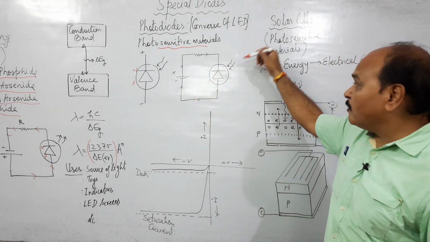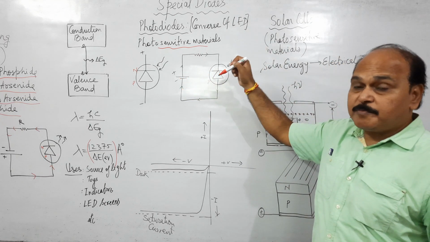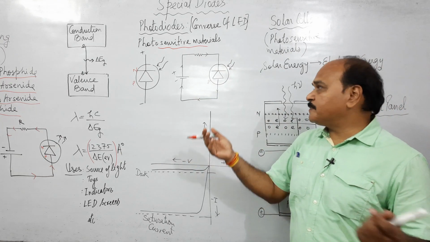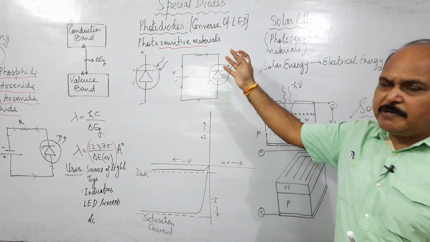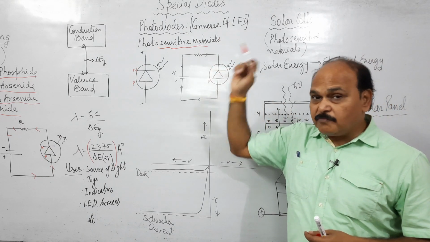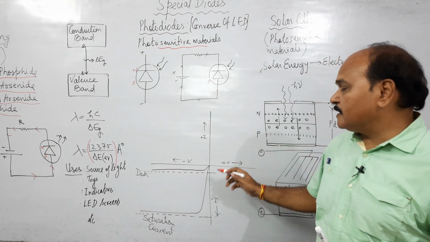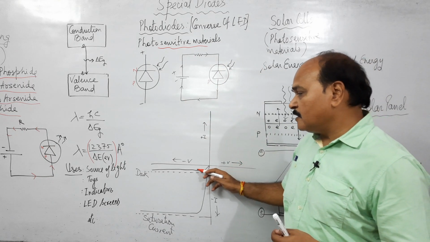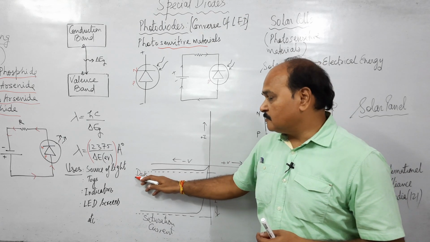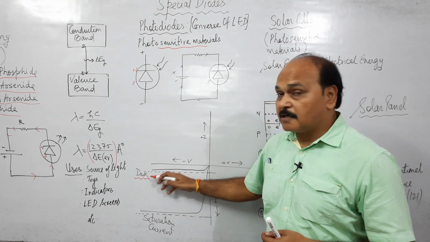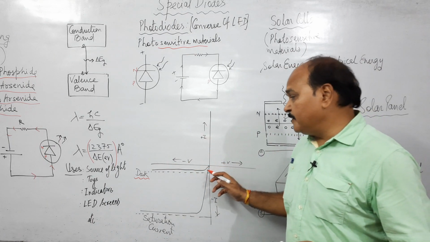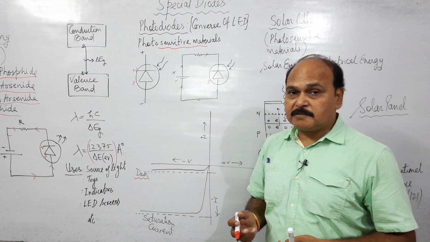And when light falls over these diodes in reverse bias, they start conducting. In the absence of light, in forward bias they behave like normal diodes, so we do not use them in forward bias. But in reverse bias, in the absence of light, there is a very small current or almost zero current passing through the diode. So when there is no light, when in dark, this diode in reverse bias does not conduct. There is only a very weak current because of minority charge carriers.